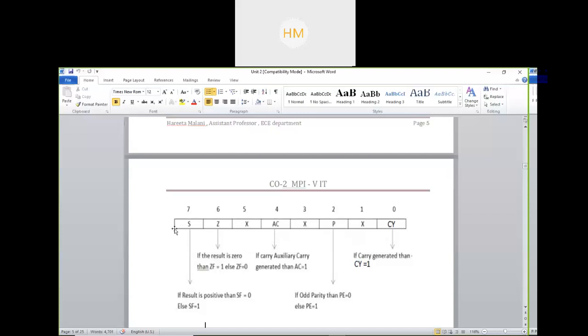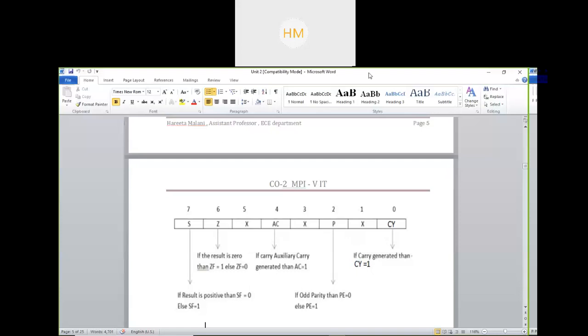Then you have the sign flag. What do you mean by sign flag? Sign flag means whether your answer is positive or negative. If the result is positive, then the sign flag is 0. If the result is negative, then the sign flag is 1. So is the flag status clear? Because generally questions are asked on the flag register.